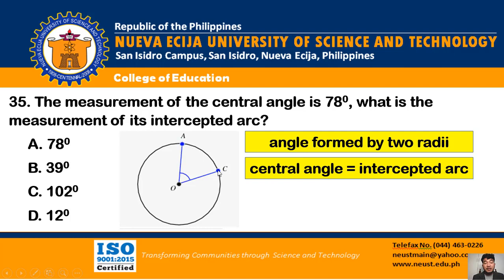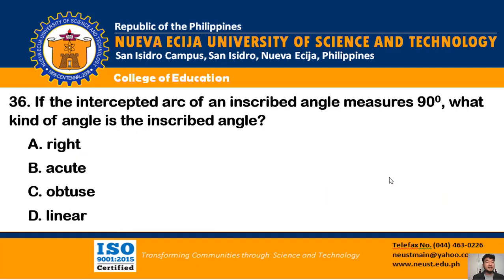of its intercepted arc. So if this is 50, then this is also 50. If this is 78, then the measurement of the intercepted arc is also 78. So if the central angle is 78, the intercepted arc is what? 78. Number 36. If the intercepted arc of an inscribed angle measures 90 degrees, what kind of angle is the